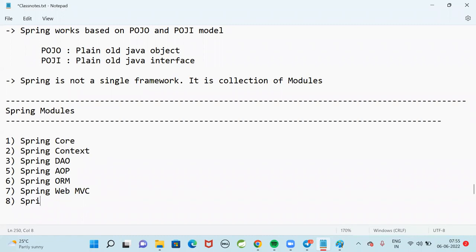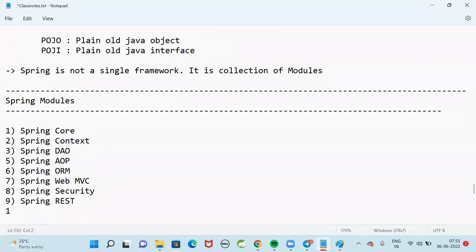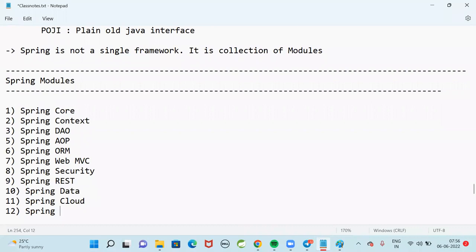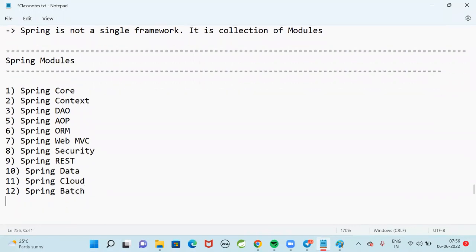Then next, Spring Security, Spring REST, Spring Data, Spring Cloud, Spring Batch, and Spring JDBC, which is nothing but Spring DAO. Like that, there are several modules available in Spring Framework.